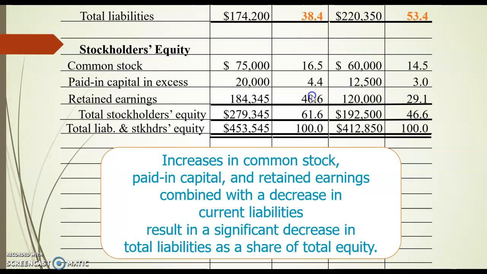Okay, our retained earnings went way up as a percentage because we had so much extra net income that got closed into retained earnings. We also had such a decrease in liabilities. Here's our total liabilities went from 53.4 down to 38.4. And so out of the grand total, less is liabilities. So more is going to look like it's